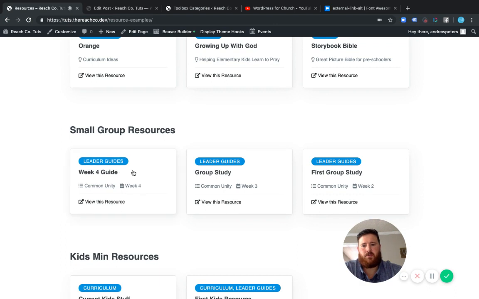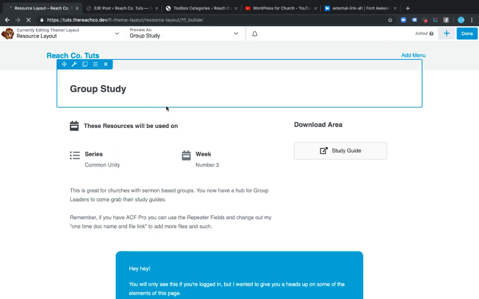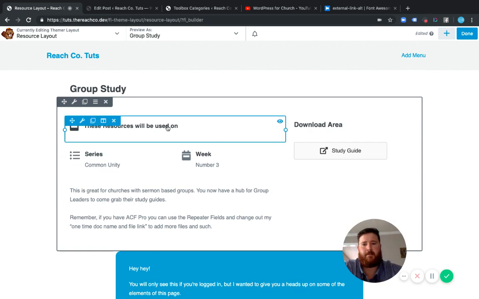And let's go to one of the leader guides. So this is the first group study. I'm going to open up Beaver Themer's Beaver Builder layout for this. So there's a few things that are going to pop up here in a second. So let's edit the resource layout. And what you're going to see is it added some more stuff right here. If you see this little eyeball,